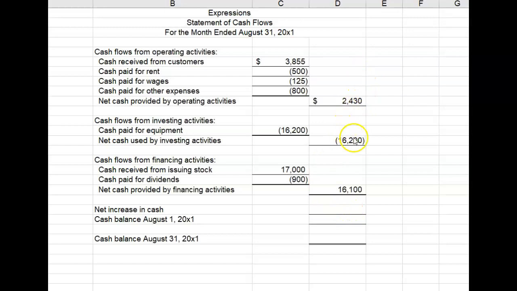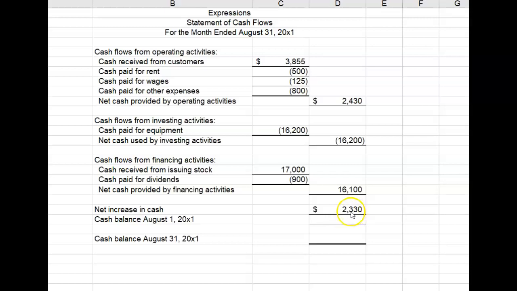Money coming in minus money being paid out in all three of these activities. So plus, minus, plus. Did you calculate a net increase of cash of $16,100? I hope not, because that wasn't the right answer, was it? When I did my sum, it just picked up the wrong number in my Excel formula. But 2,430 minus 16,200 plus 16,100